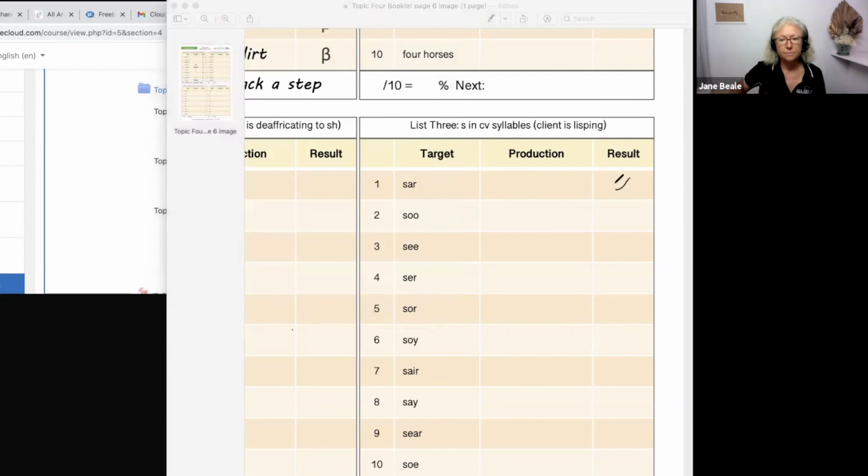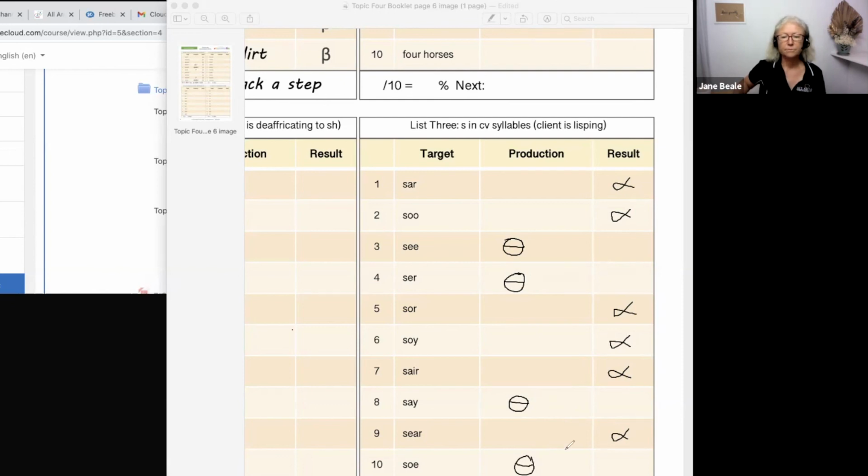1, sa, sa. 2, su, su. 3, fee, fee. 4, fur, fur. 5, saw, saw. 6, soy, soy. 7, sare, sare. 8, fay, fay. 9, seer, seer. 10,